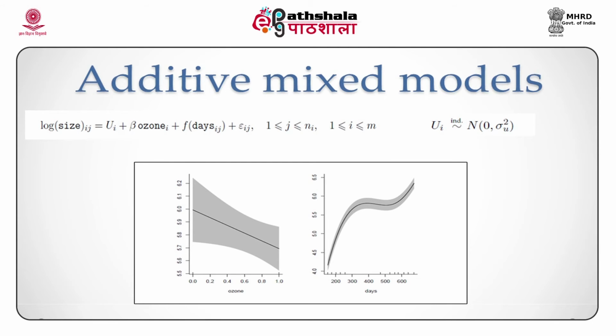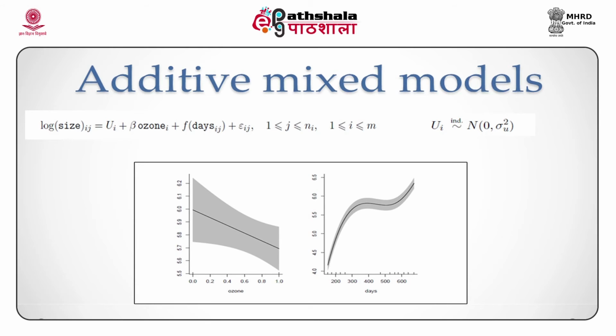So the regression model given on this slide relates the log size of the ith tree on the jth day to whether or not the ith tree was exposed to ozone, as well as to a function of